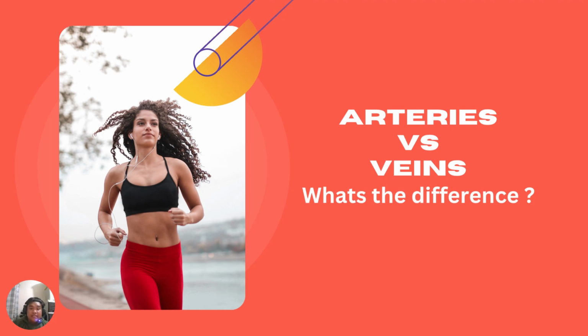Arteries versus veins. What is the difference? The blood vessels are the network of tubes through which the blood flows. This includes arteries, veins, and capillaries. Arteries carry oxygenated blood away from the heart to the body tissues, while the veins carry the deoxygenated blood back to the heart. Capillaries are the smallest blood vessels and are responsible for exchanging oxygen, nutrients, and waste products between